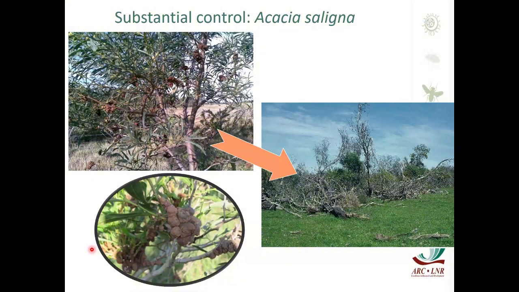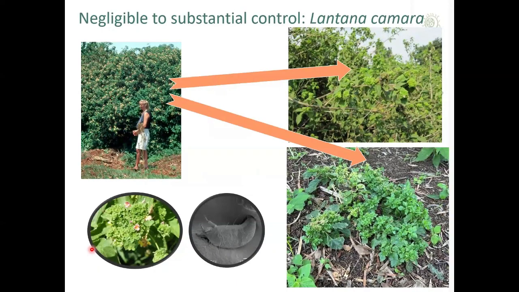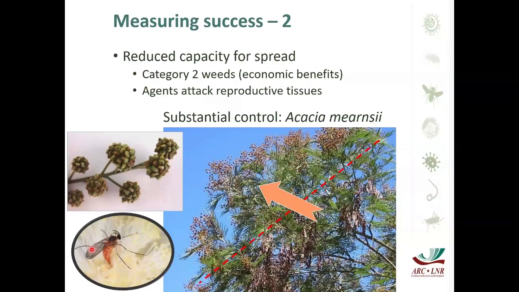Again, the Acacia saligna also with the fungus, and there's an exceptionally good mite that affects certain of the hybrids of the lantana, and then black wattle, which is used in some areas in our country, but it's incredibly problematic and has a 50-year seed bank that's been difficult to control, and there's a very effective galling midge that substantially reduces the seed bank to just a few seeds per square meter in some of the areas where it's climatically